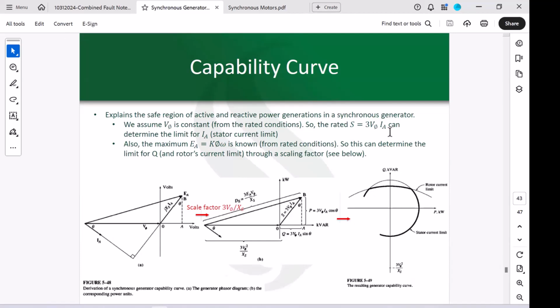I'm just explaining this curve, and I'll explain how this curve can be found. So in this capability curve, there are multiple curves that have been intersected with one another. And you should really consider the region that is between all of those curves. So this is telling you that there is a limit on the Q that your generator can deliver. This circle also tells you that there is some kind of limitation